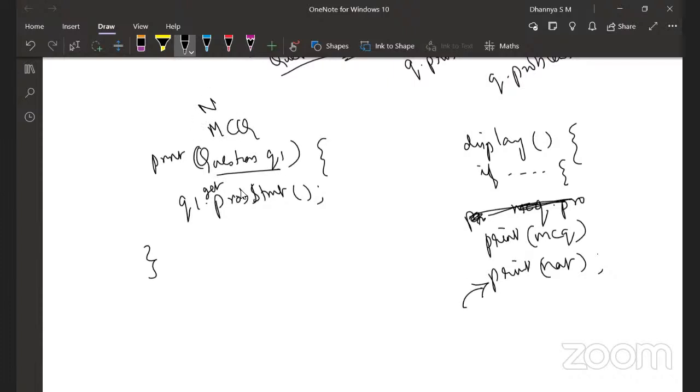If this was NAT, then I could not have invoked this. But because this is Question, which is the parent of both, I can invoke both print MCQ and print NAT when MCQ and NAT are of this type, but pointing to MCQ. Is this clear?